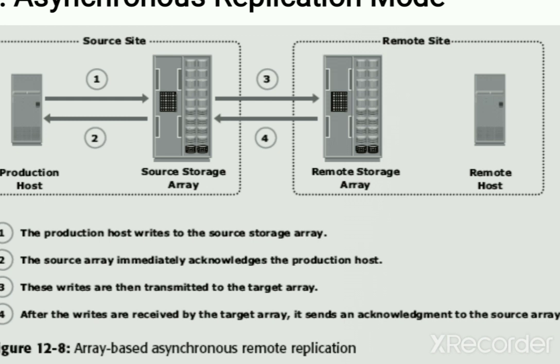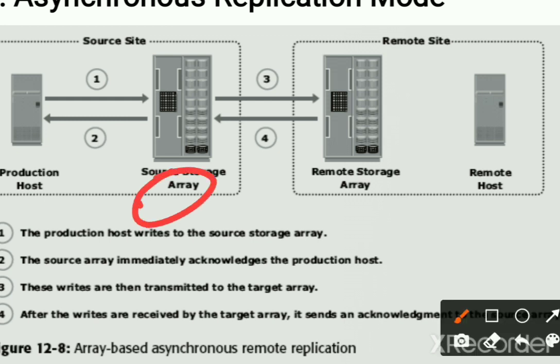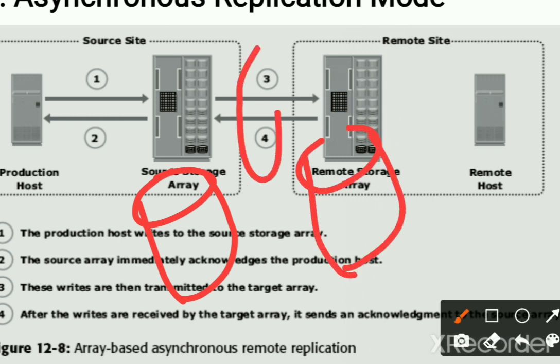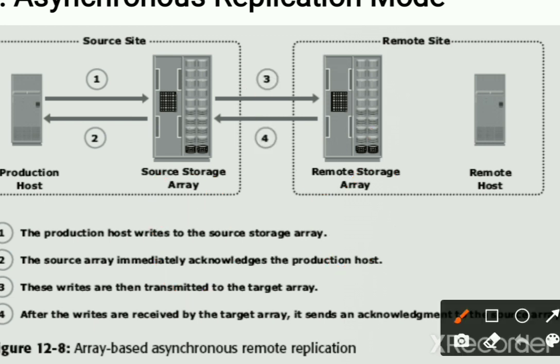because the data has to be copied from the storage array to the remote array, and at that time in between they need something to hold that data for that particular period of time. But that was not needed in synchronous, because the data was being moved directly. Even there the buffer is needed, but here the buffer is very much needed, because all the data is being moved for this particular period of time.